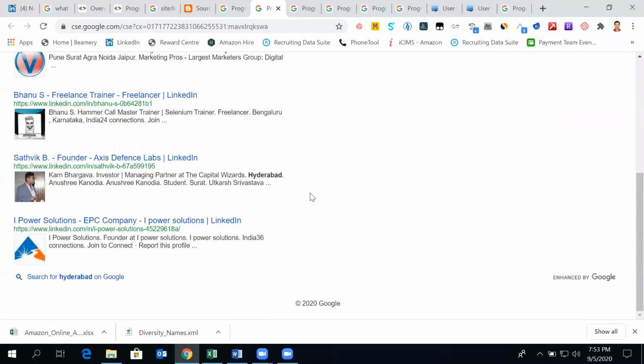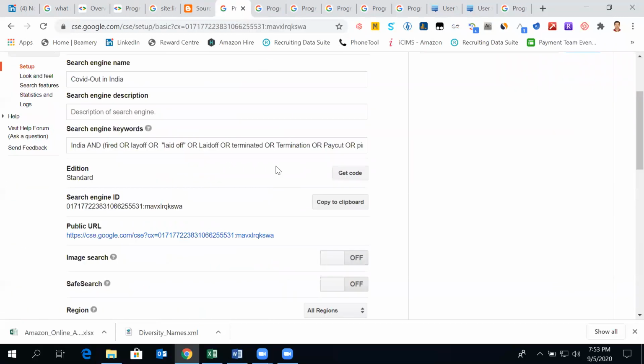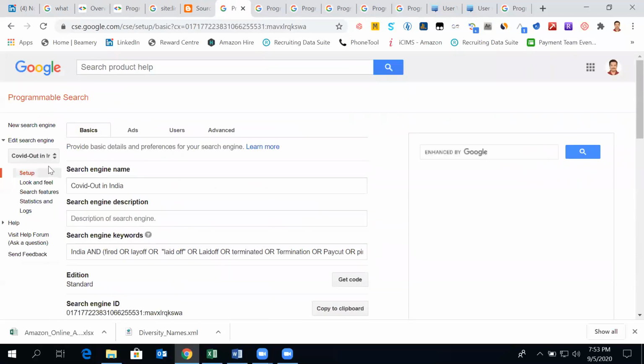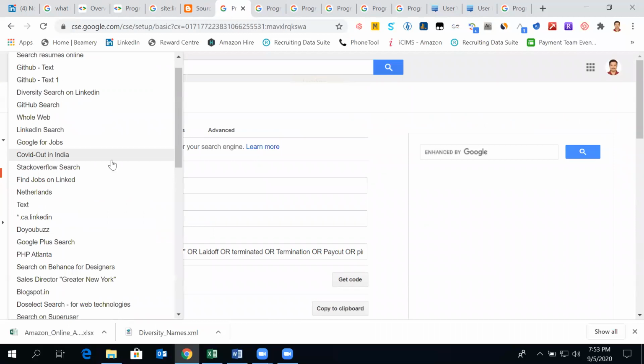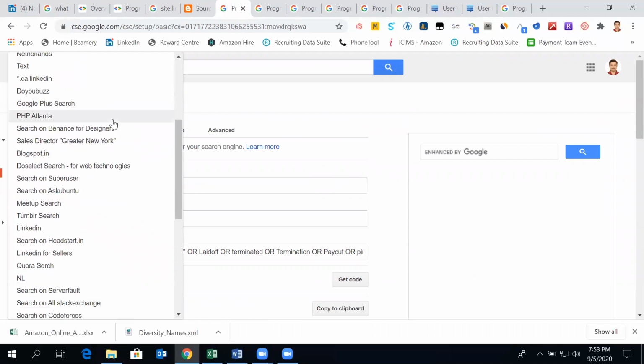So it's still taking from various web sources, majorly from LinkedIn. But I'm still yet to explore this. Here I just give the LinkedIn part. Finding the jobs, go without Google for Jobs, whole web. So a lot of things we can explore.